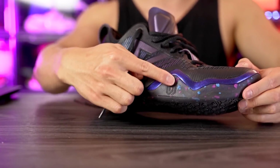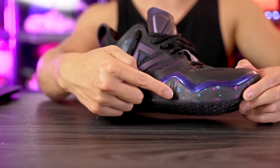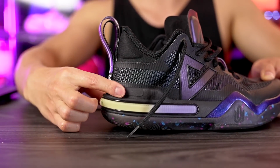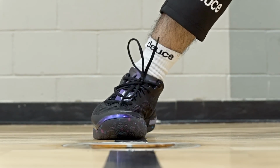So support and lockdown for lateral containment, I was good to go, right? So my foot was not moving out of the footbed, as you guys can see for the lateral counters. We have this plastic piece coming up acting as a sidewall, and also the rubber coming up, right, the outsole. So for the forefoot, you're good to go. Also here in the heel, we have the foam coming up acting as the sidewall, and there's an internal TPU heel counter. So lateral containment, my foot is not coming out of the footbed,